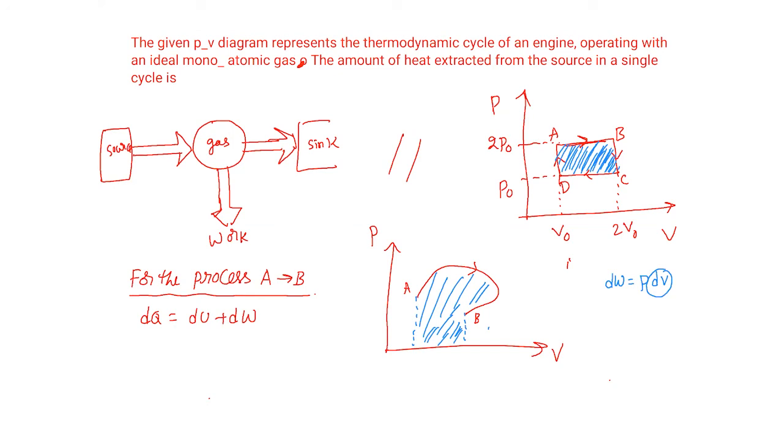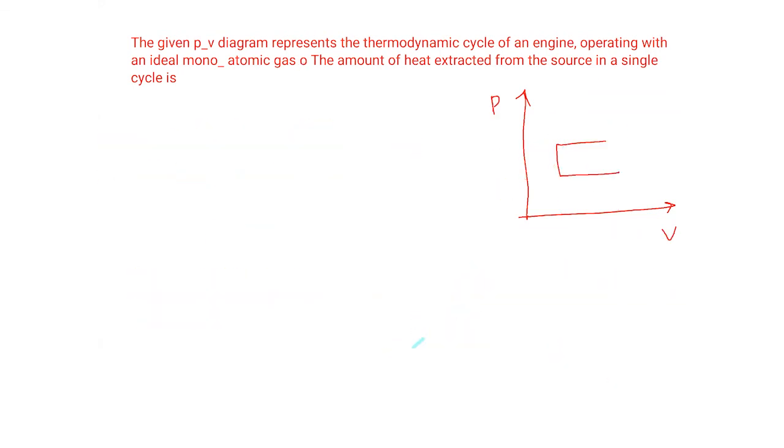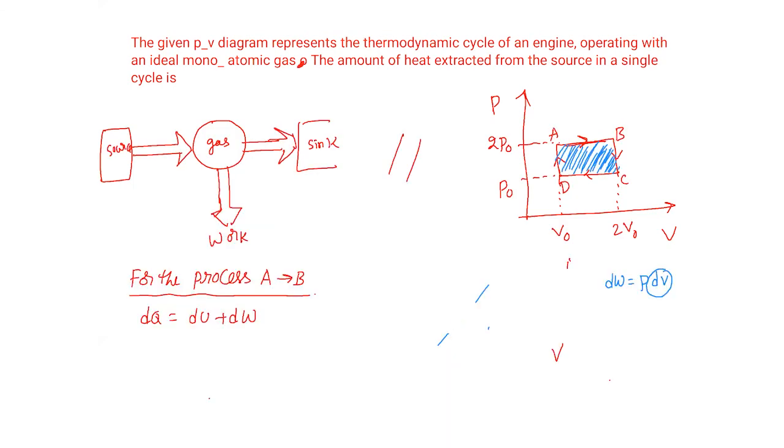For that one point, yes, you would need integration, but such problems will not come. Don't worry. So how to calculate work done, you got it, children? Now, how to calculate internal energy? We have already seen it in the previous problem. dU equals the change in internal energy, and you can apply two formulas: dU equals nCv dT or n by 2 fR dT.